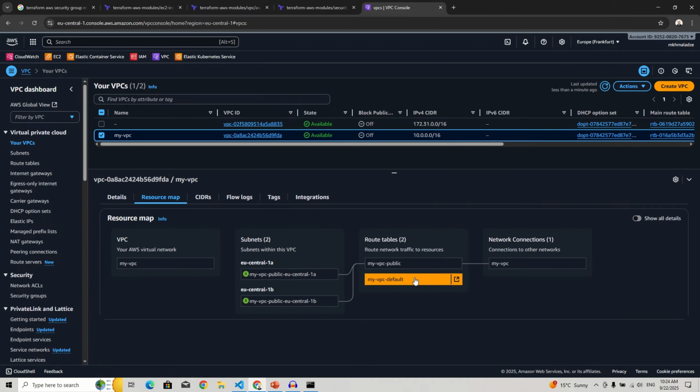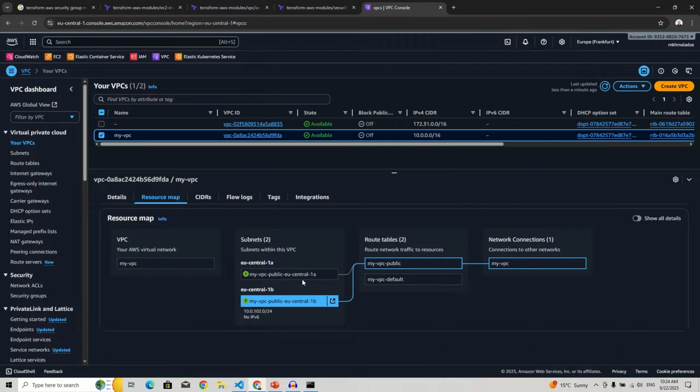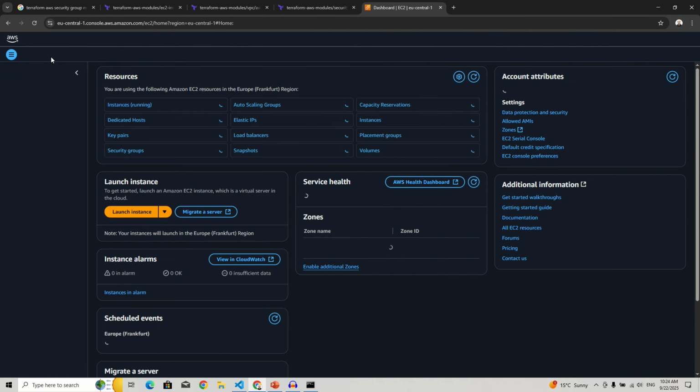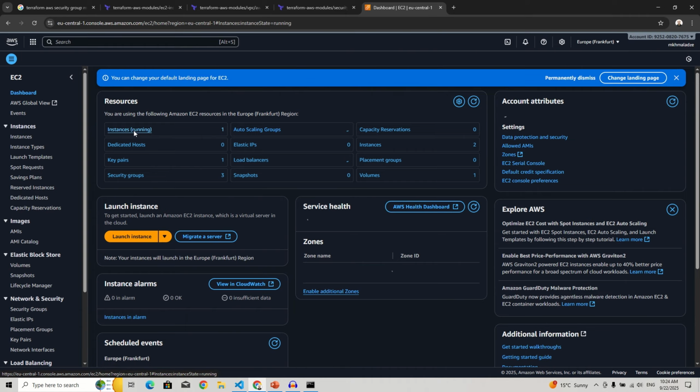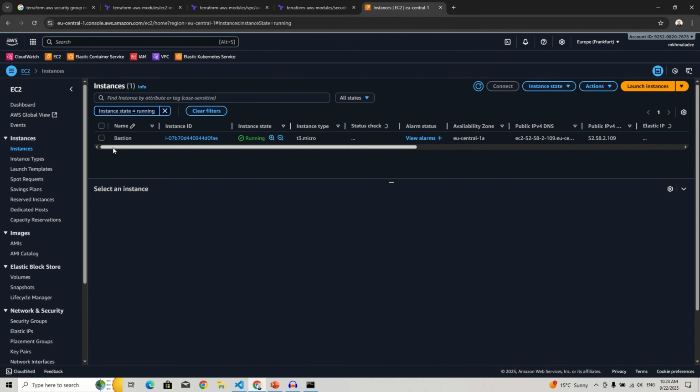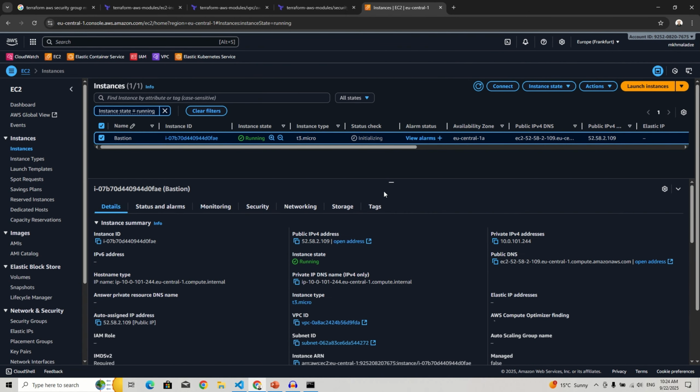What is here: subnets, route tables, public and default, and the internet gateway for internet. I think everything is already done for the network side. Let's see the EC2 instance. Okay, it's named bastion,